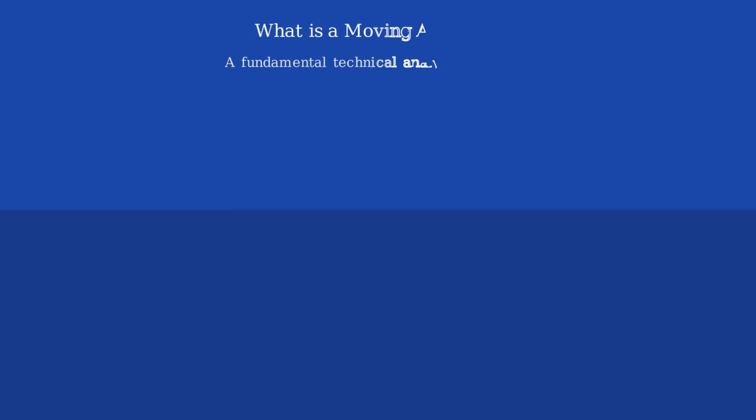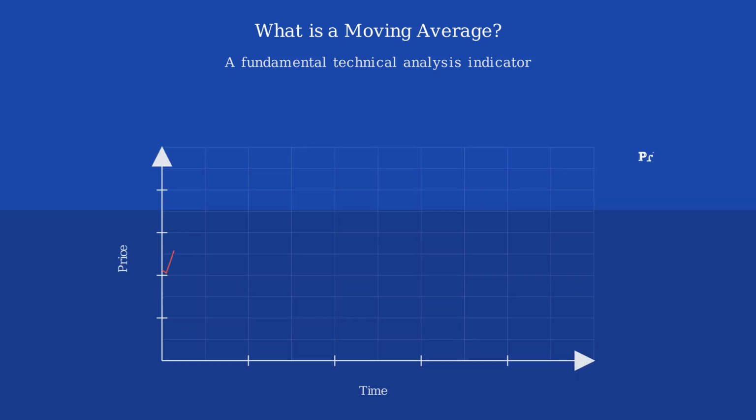A moving average is a technical analysis indicator that helps smooth out price data by creating a constantly updated average price. Let's visualize what this means with a price chart. As you can see, raw price data often contains significant noise and fluctuations, making it difficult to identify the underlying